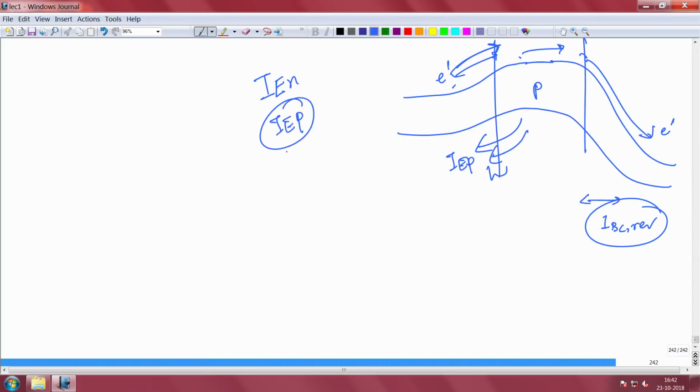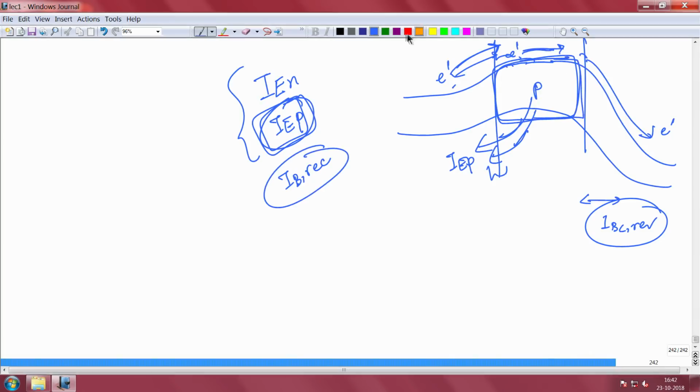This component is emitter current, but we can also include that as a base current, because it is coming from the base. So, either way this component can be taken, you can say, emitter current. The base current is the current that is recombining here, IB recombination. There is some current that is recombining, because the electrons are going here, they are decaying, anytime they decay there will be recombination current. So, this is the base current. Sometimes, as I told you, you can also include both as the base current, and finally, the electrons that reach here are swept away. So, that is your collector current.